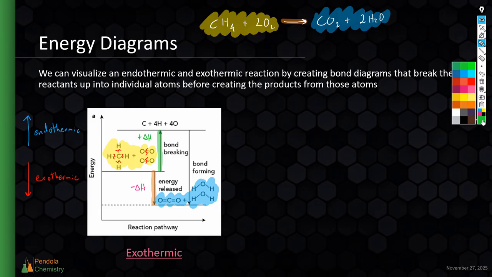Well, once we have those atoms individually, like we have here, what we can then do is we can grab all those individual atoms and we can create our products from them. So essentially what we did here was deconstructing the reactants by breaking all their bonds into individual atoms. And then by doing that, we can grab the individual atoms and we can create the carbon dioxide molecule and the 2 water molecules by joining a carbon and 2 oxygens with double bonds, and by joining oxygen with 2 hydrogens in 2 different molecules